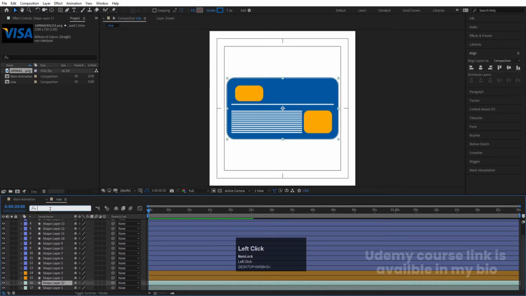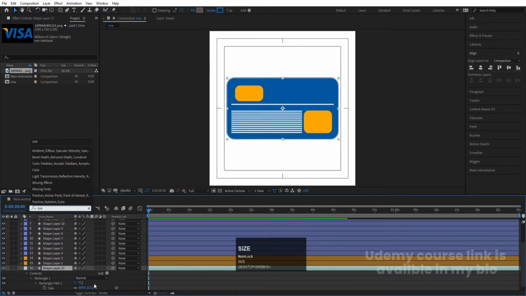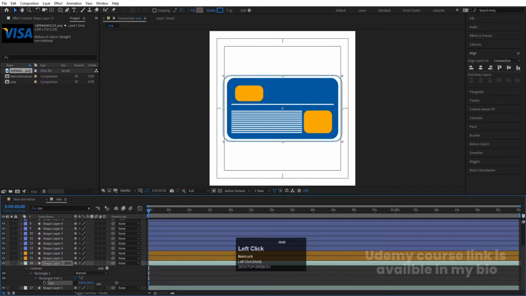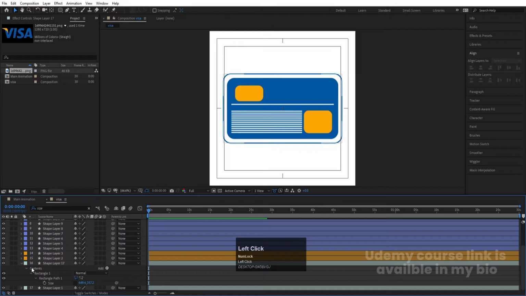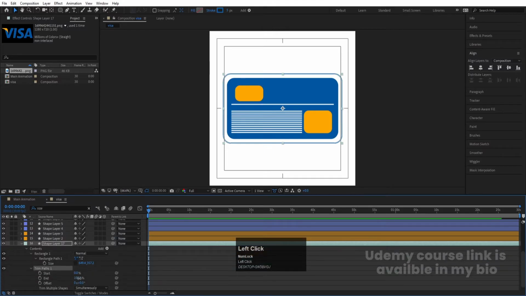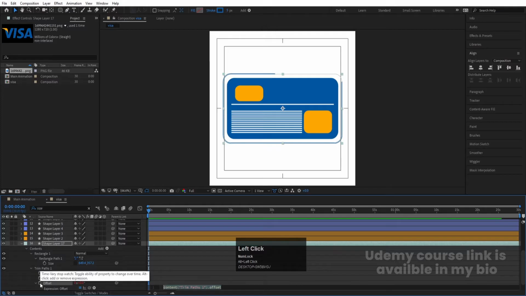And over here in search option type size to enable this size value over here, and let's unlink this. Let's increase the size value from here, and let's increase the size value from here like this. Okay, and then select this, go to the add menu, and we are going to choose trim path. Go to the trim path and let's make this end value 80. Okay, then alt click on this stopwatch and type time